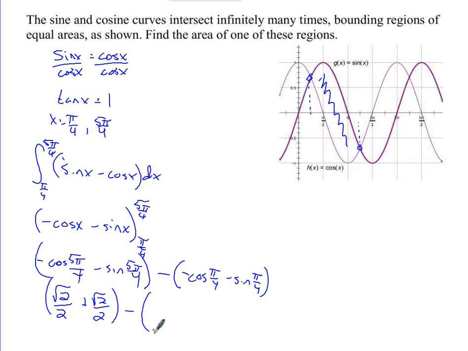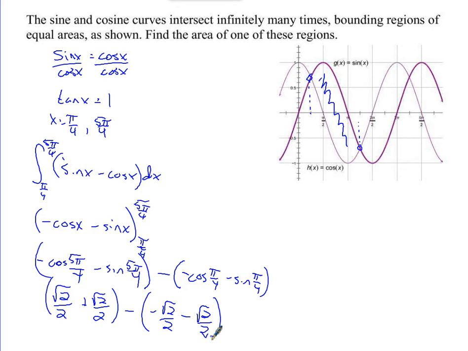Negative cosine pi over 4. Cosine pi over 4 is positive square root 2 over 2, so negative square root 2 over 2, minus the same thing. So minus square root 2. Okay. We simplify those, we get square root 2 minus